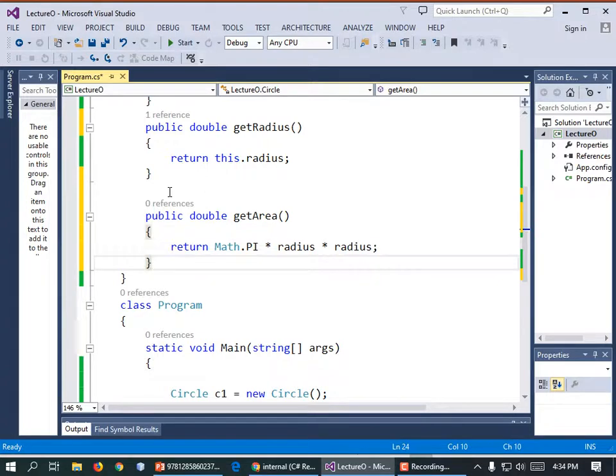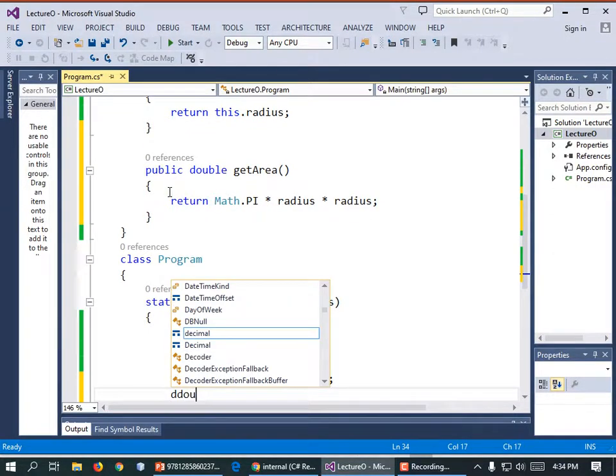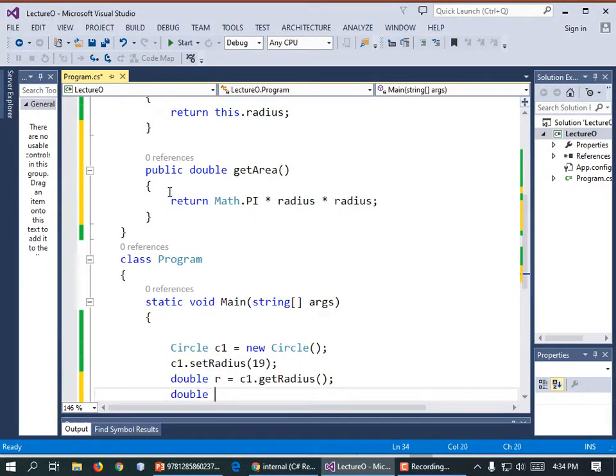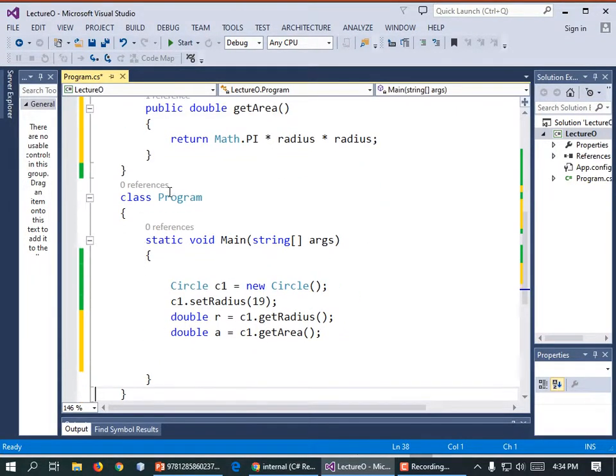Good enough. Now we have a complete class. We haven't even called that method. Down here we could, right? Double a equals c1.getArea. There. Now we could test it out, but whatever. I need to add my read line or read key down here at the bottom just so it won't always